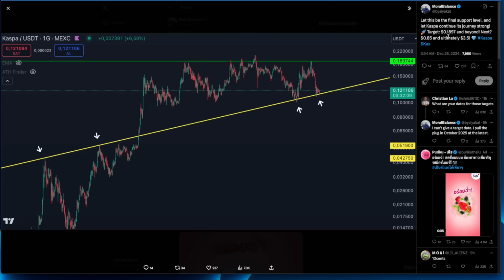And Mr. Moral Balance is saying that this is going to be the final support level, and let Kaspa continue its journey strong. Target is 18 cents 9 and beyond, next 85 cents, and ultimately $3.50 for Kaspa. Well, guys,